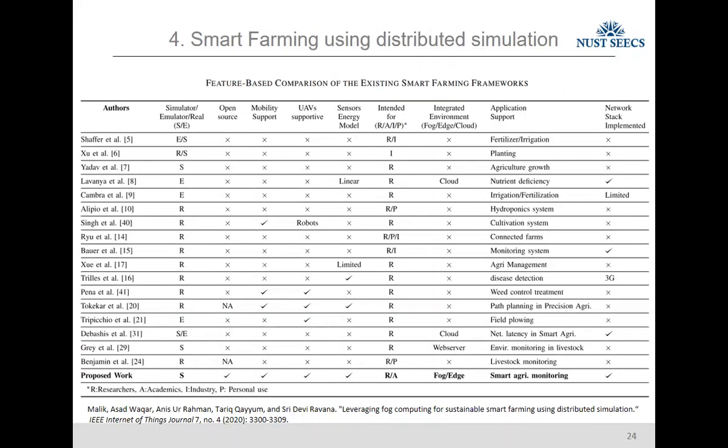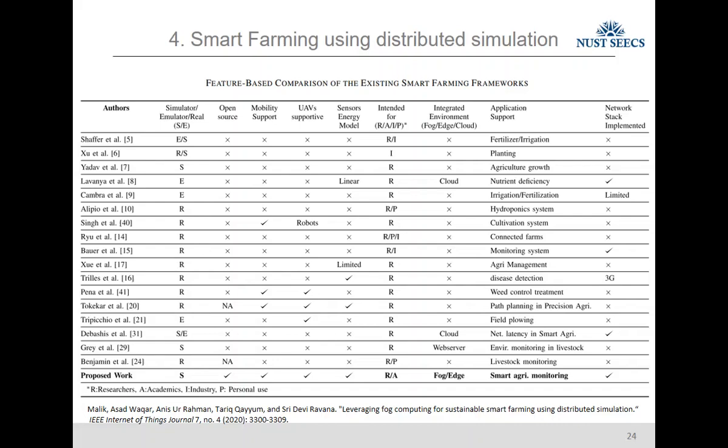Okay, so based on the knowledge we got from our previous experiences, we moved toward smart farming. What if we want to simulate a smart farming setup? What framework, facilities, or protocols do we have at this time? In our literature review, we came across that most of the work on smart farming is based on actual devices. They are talking about IoT sensors and getting the data from IoT sensors. But very limited work exists on distributed simulations, because simulations are important. They help you to analyze your protocol, your deployment, your message passing. You can also analyze the energy efficiency of your system. So this was the motivation.